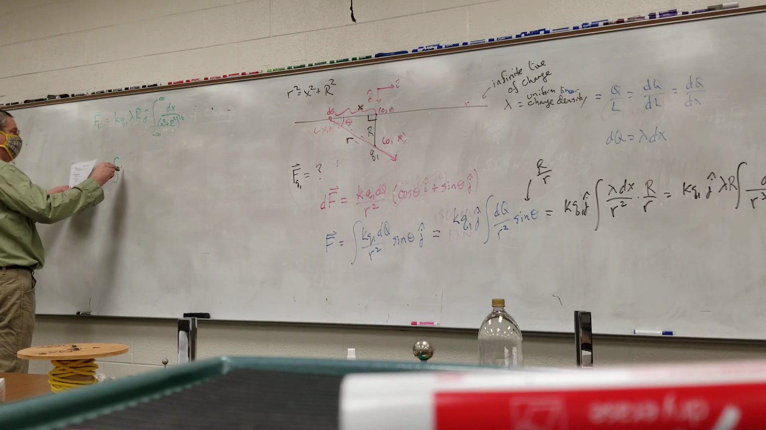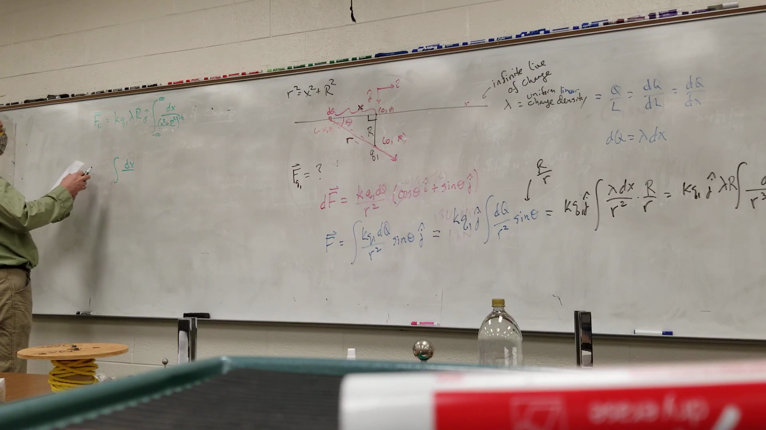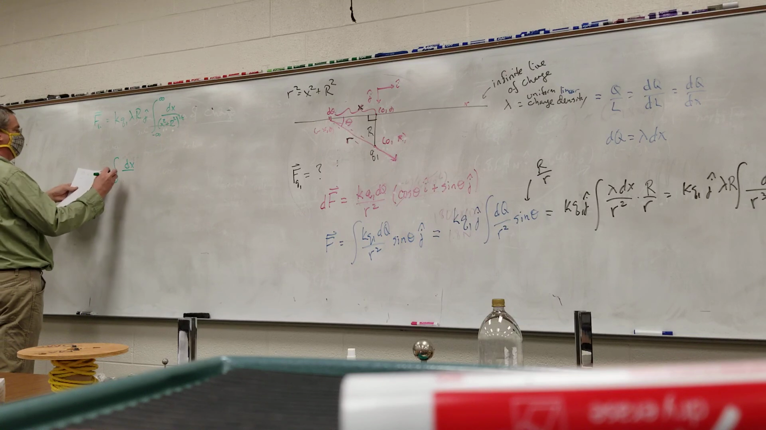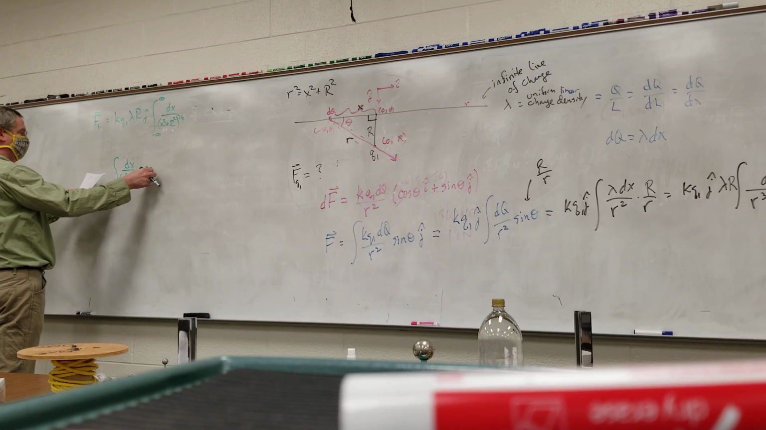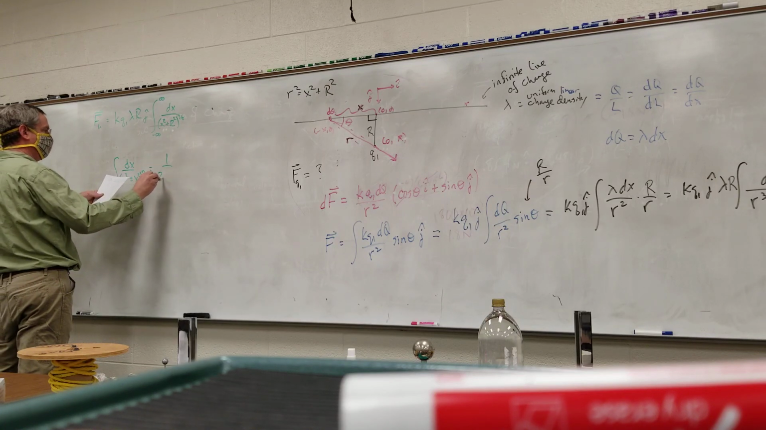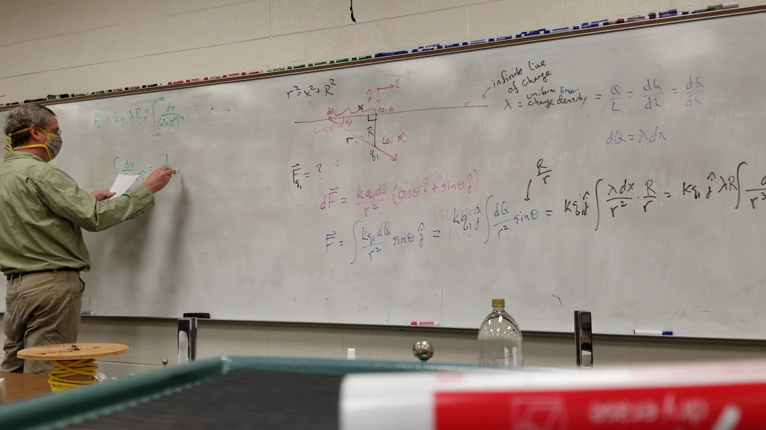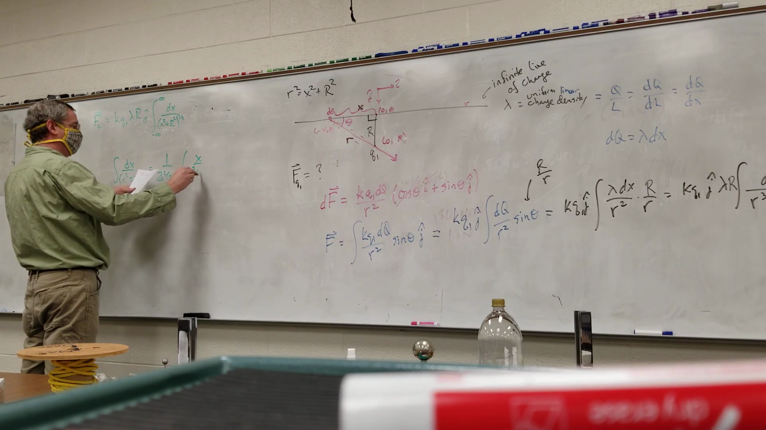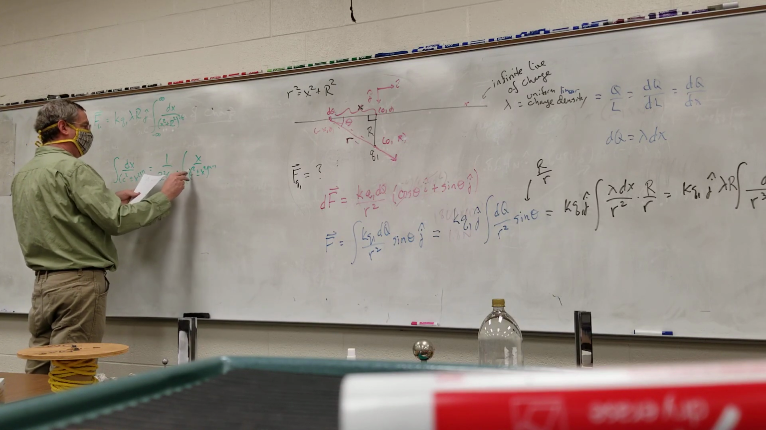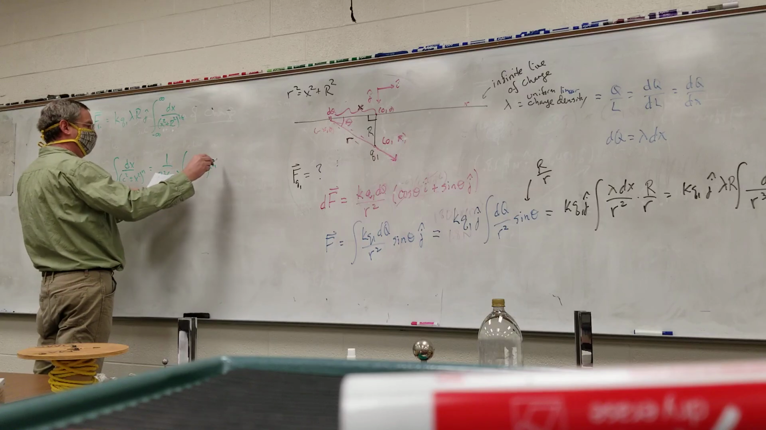The integral dx of, that's not the one I want. There we go. C squared plus or minus x squared to the nth power is 1 over 2 c squared n minus 1 times x over c squared plus or minus x squared to the n minus 1 plus